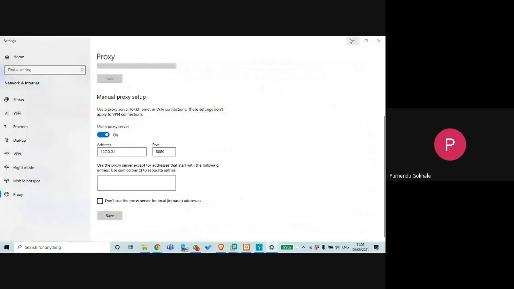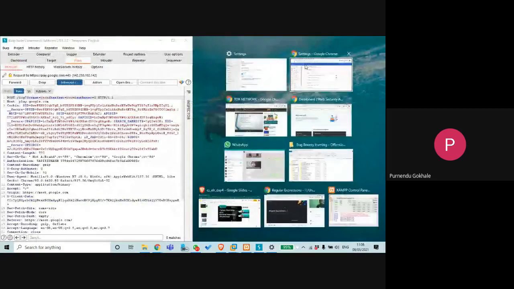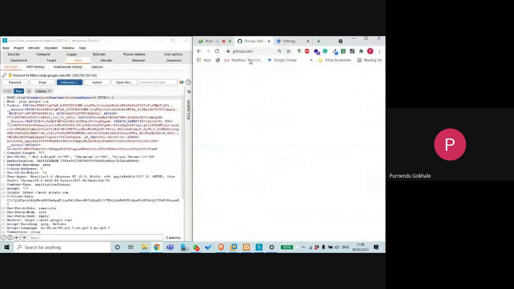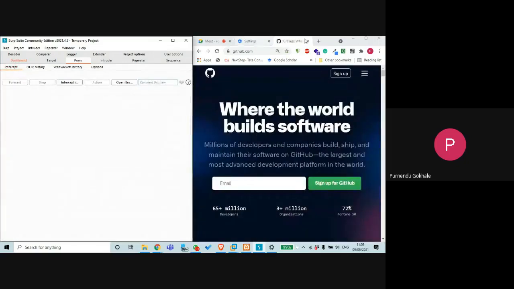I will do this side by side. If I now go to github.com, just a second, intercept off, and I'll close it.